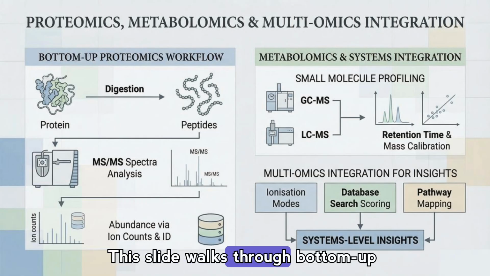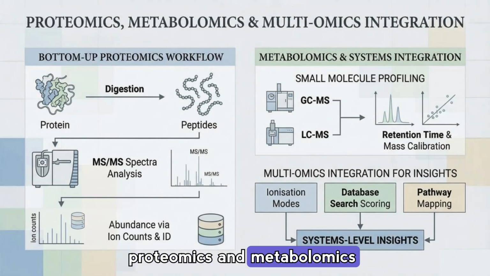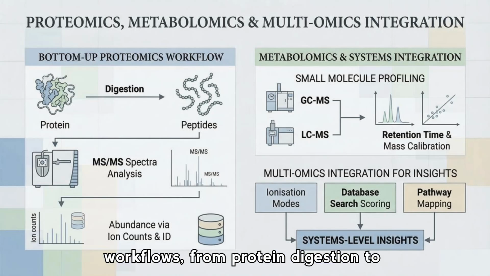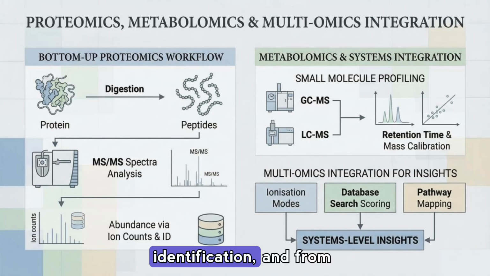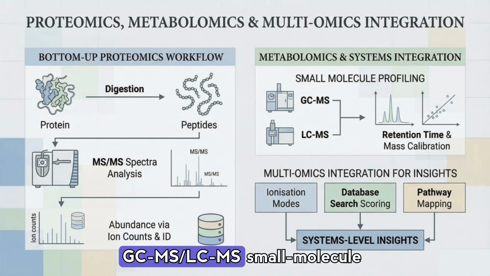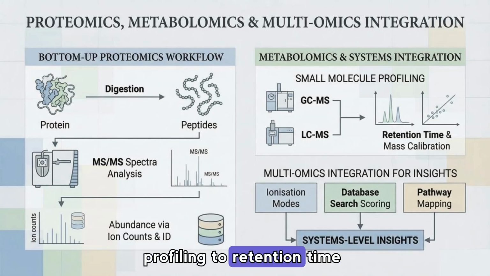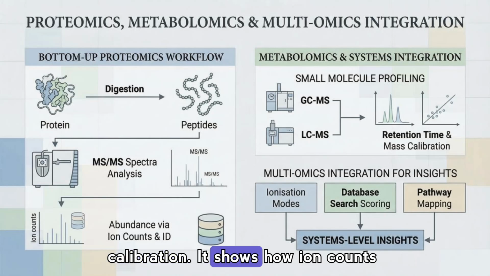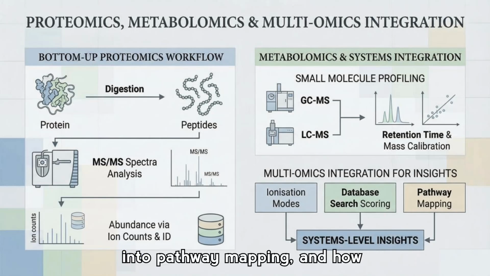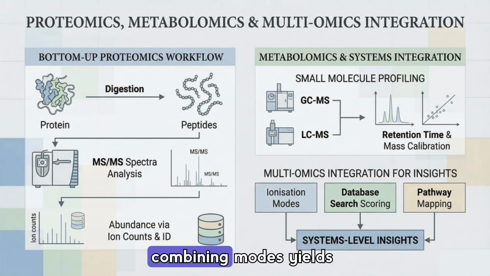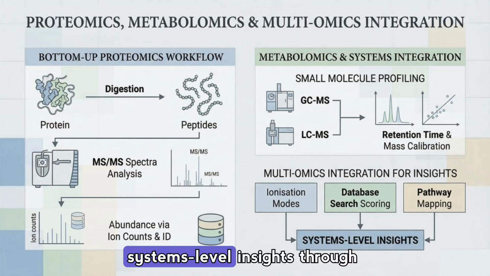This slide walks through bottom-up proteomics and metabolomics workflows, from protein digestion to MS spectra and peptide identification, and from GC-MS, LC-MS, small molecule profiling, to retention time calibration. It shows how ion counts and database search scoring feed into pathway mapping, and how combining modes yields systems-level insights